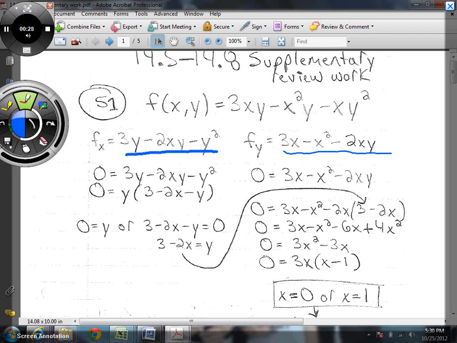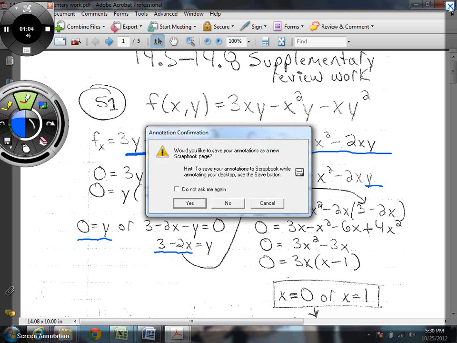And this one, if you set equal to 0, you can factor out a y. So then you can see that y equals 0, and then you can set this little factor equal to 0, and you can get y equals 3 minus 2x. So then what we can do is take each one of them separately and plug them into the other partial derivative. Let's take the 3 minus 2x and plug it in right here for the y. So you can see what we get. We got all x's, so we end up solving for that, and we get x equals 0, and